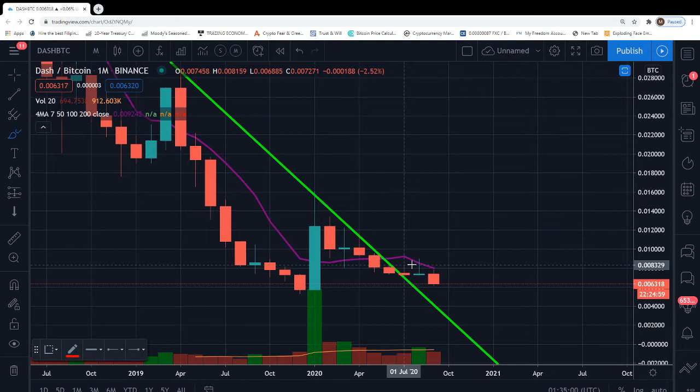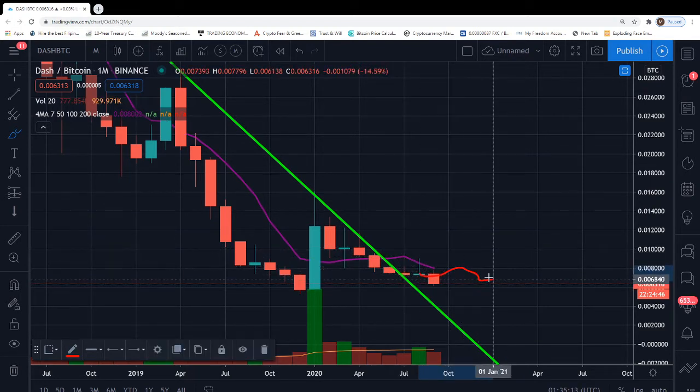Now, this means one of two things for me in my book, and I could be wrong about this. Not financial advice, not your financial advisor, okay? Either the price will stay above and beyond this line and start to form some sort of sideways consolidation, maybe find some sort of dip and go lower, but of course stay above zero, and then of course make its way to the upside. That's a possibility.